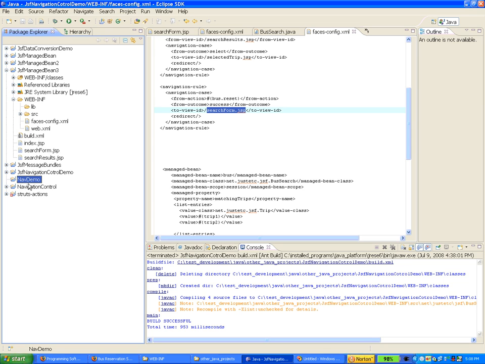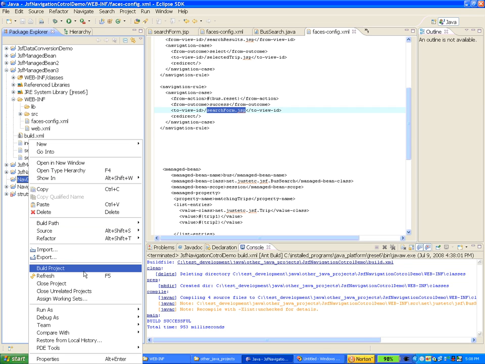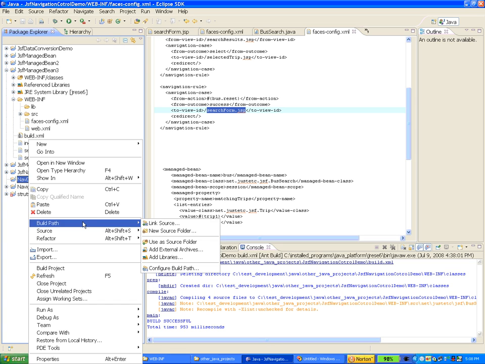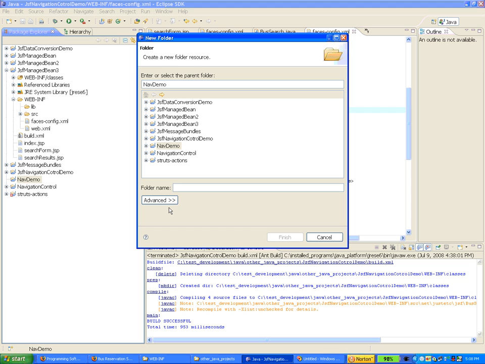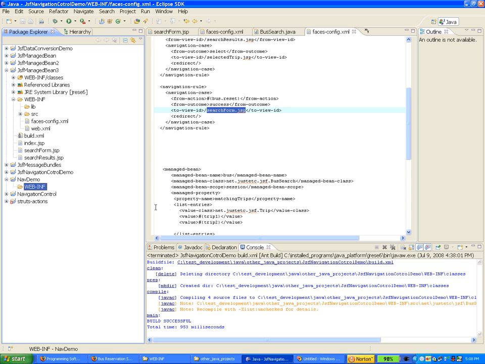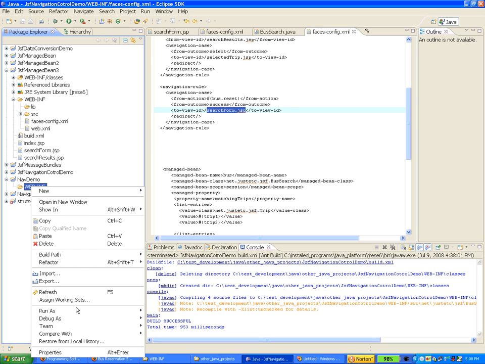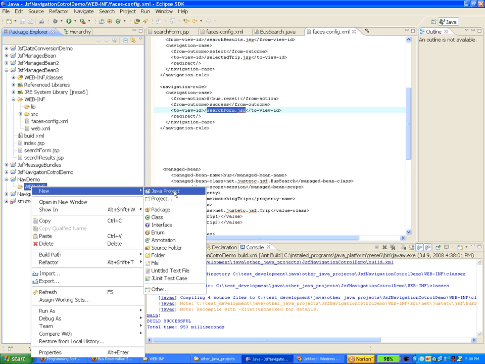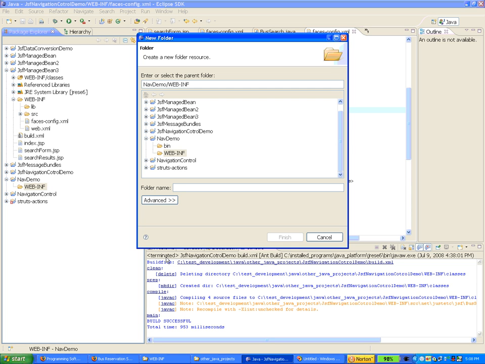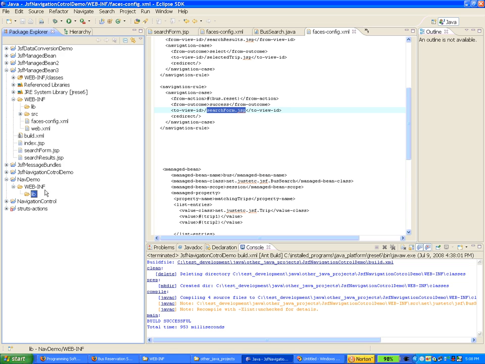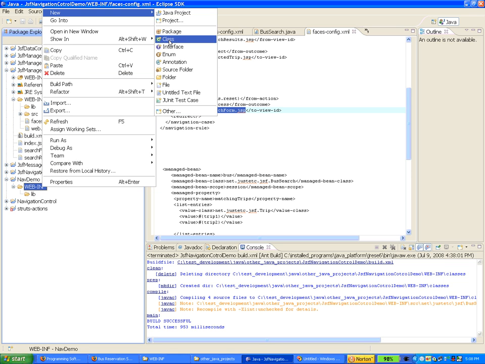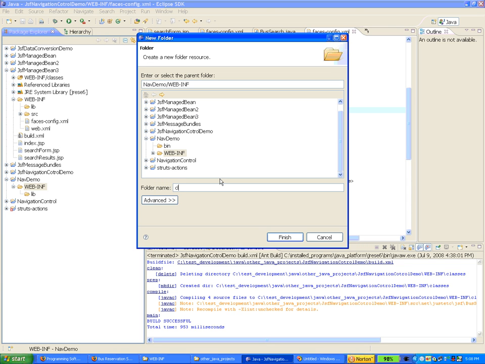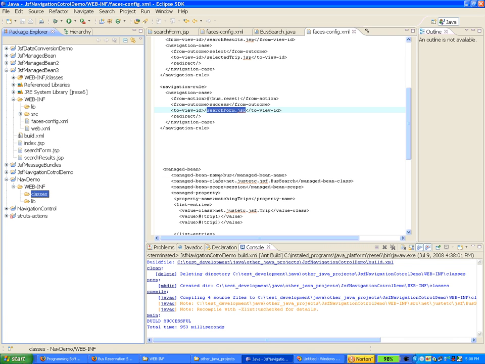So what is the directory structure? We know that there will be a folder called WEB-INF, and under WEB-INF there will be a folder lib, and another new folder for classes,